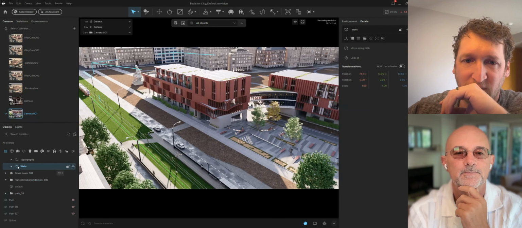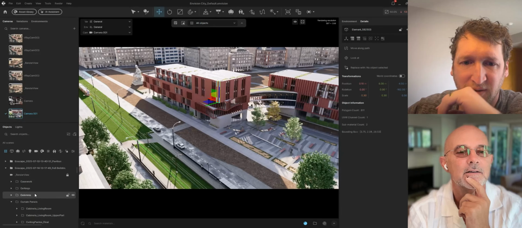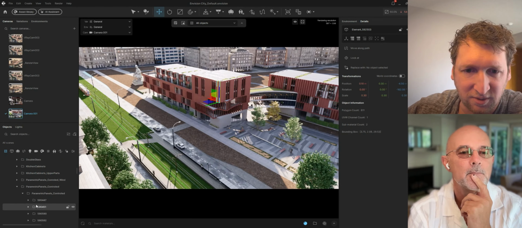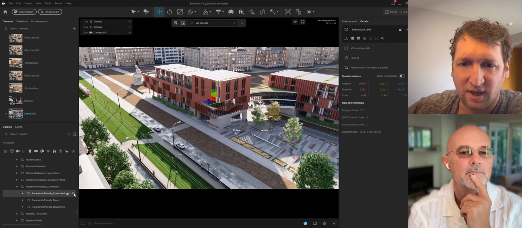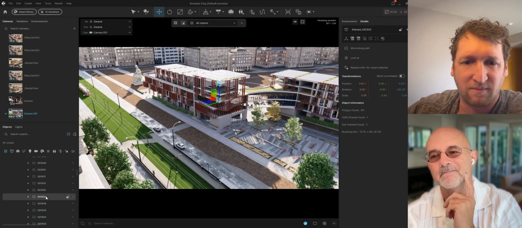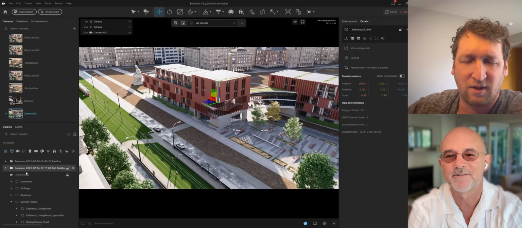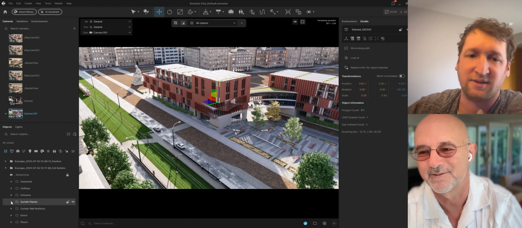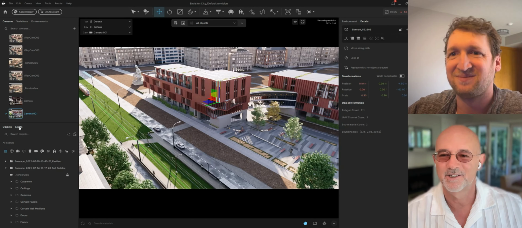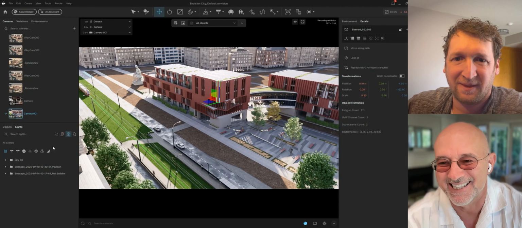Yep. So if I want, let's say here, which ones are these? These are all curtain panels, these parametric controlled ones. So if I wanted, I could just hide all of those. Got it. So that's where this level of control comes in. And then you have to see the hierarchy, because you have to know where to find things. Yeah. Like, I'm in a new application. I've got enough things to learn. Don't move things around from where I was expecting to find them in my previous application.